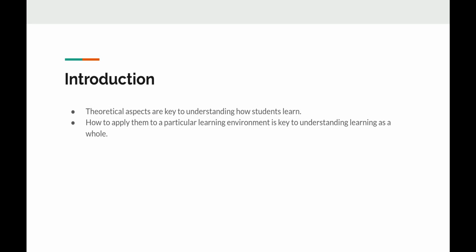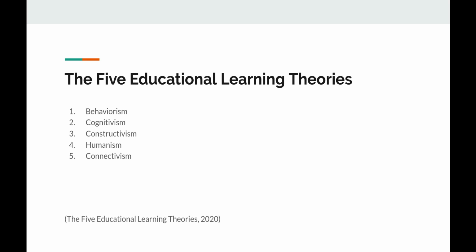The reason why we want to know this is we can apply it to a particular learning environment, understand the key ideas and principles behind it, how they construct their ideas, and then we can also add other functions like technology, or maybe face-to-face, or maybe a mixed and blended learning environment. Five educational learning theories that we'll take a look at are behaviorism, cognitivism, constructivism, humanism, and connectivism. All of these have had key ideas in my background and also probably yours as well.